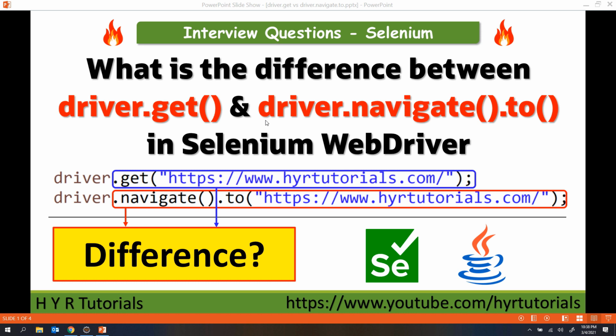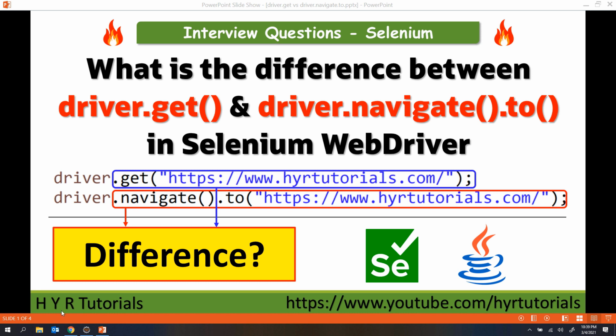Before we go for the answer, first I want to show you how people are writing answers in Google, okay? How you will get the answer in Google if you search for this. That is the first thing. Then we will see what the myths and facts are. Then we will see the concept, and in the last we are going to look at the answer, how you need to answer in the interview, okay?